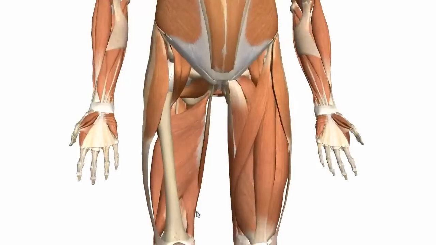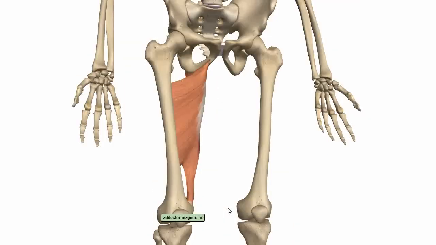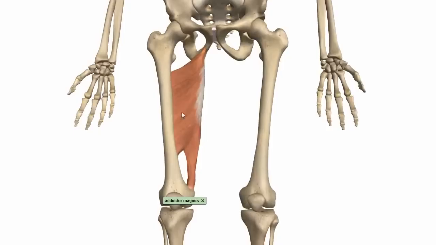So this is the final adductor muscle. So this is the adductor magnus. Magnus means great in Latin, so it's the big adductor muscle, and it's got two muscle bellies. So you've got the adductor part, and you've got the hamstring part, this little bit down here. So this lateral part of the muscle is the adductor part, and the medial part is this hamstring part,